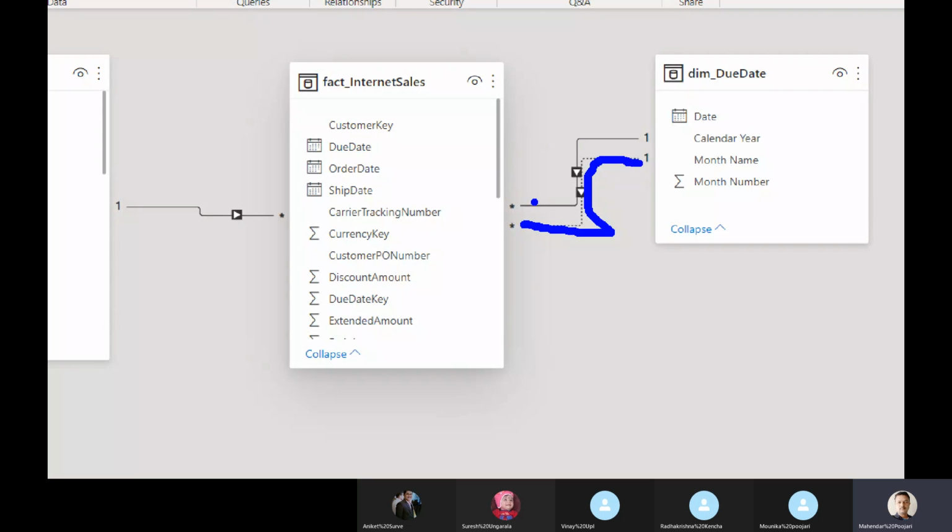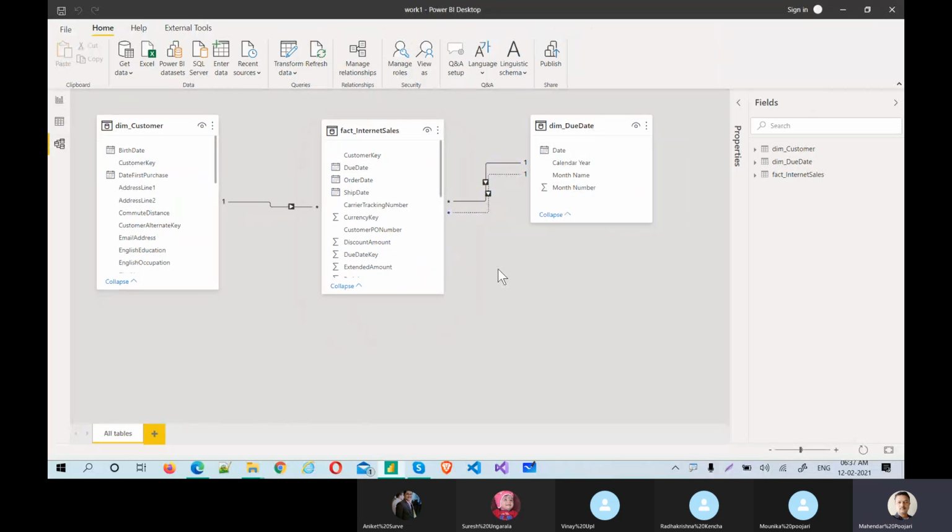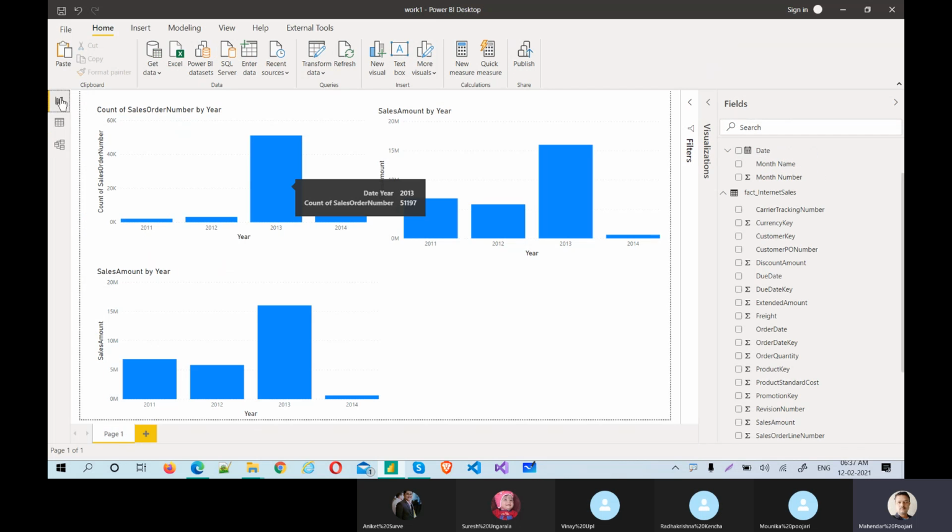This is the active relationship, the original one. So you create as many inactive relationships as you can, and then use USERELATIONSHIP.